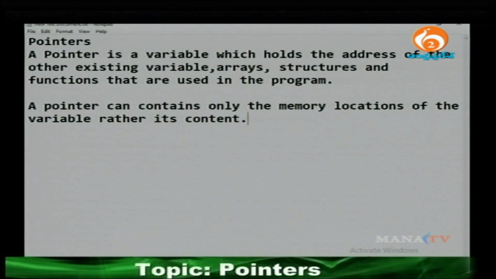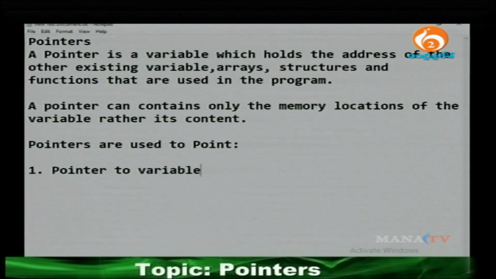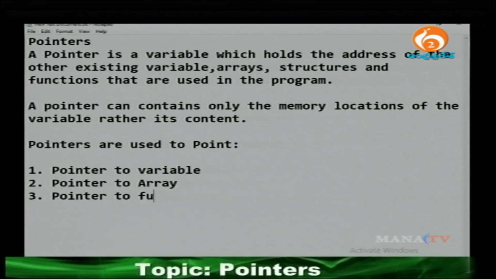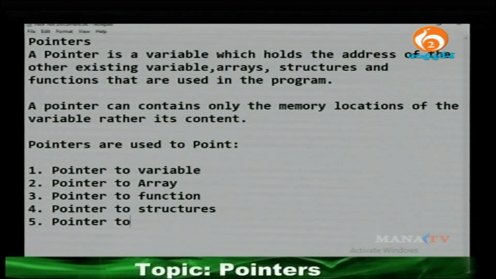Next, pointers are used to point, such as first one, pointer to variable, second one, pointer to array, third one, pointer to function, fourth one, pointer to structures, fifth one, pointer to unions,